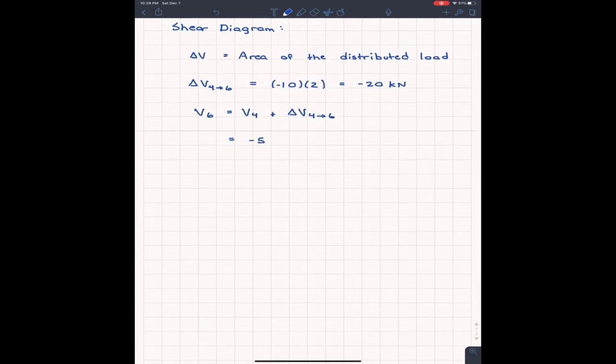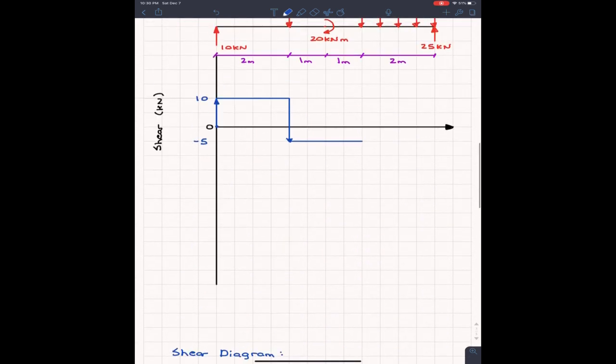So we got -5, and then we're adding the change in shear between those 2 points, which we just found is -20. So our shear at the very end of the beam is going to be -25 kilonewtons. So we come down here, and then we can just plot the point, say right here. We can say that this is going to be -25. So we now know that the shear at this endpoint over here